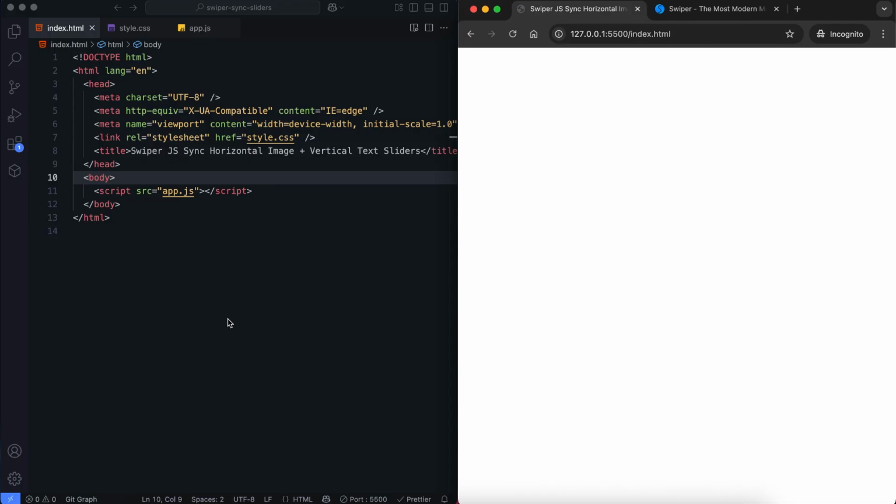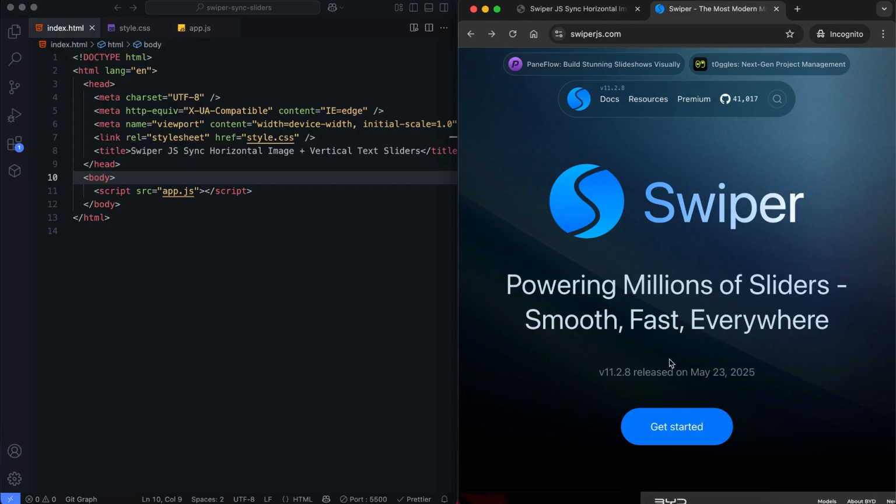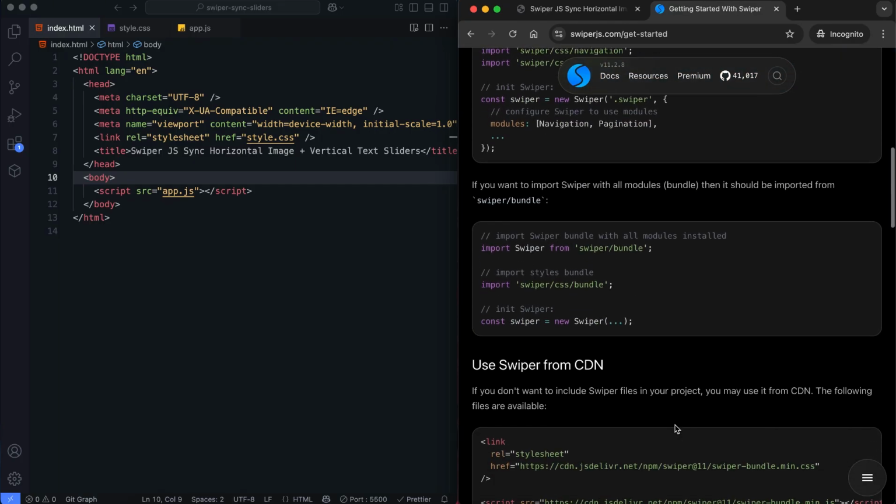Let's begin with the HTML. First, we add the CDN to include Swiper's functionality.